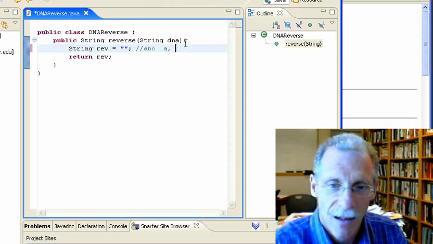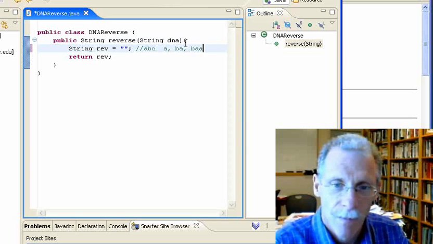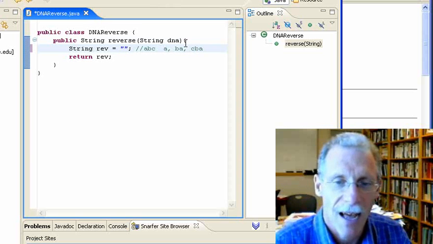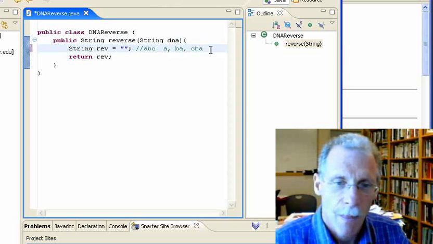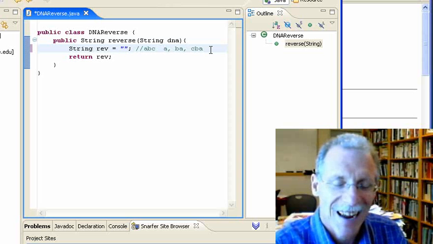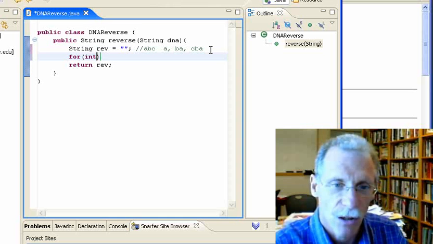So first I'll have A, then I'll have BA, then I'll have BAC. Sorry, then I'll have CBA. I add each character to the front, and I need to write the code to make that happen. Now, to consider each character in the string, I'm going to use one standard format, which is to loop over